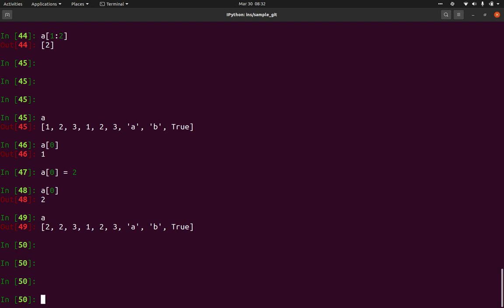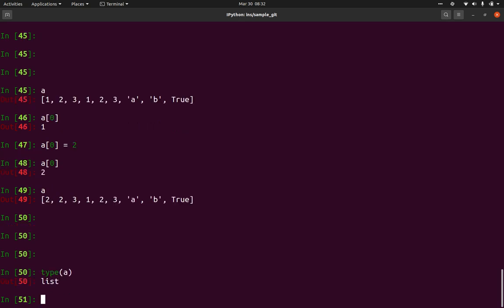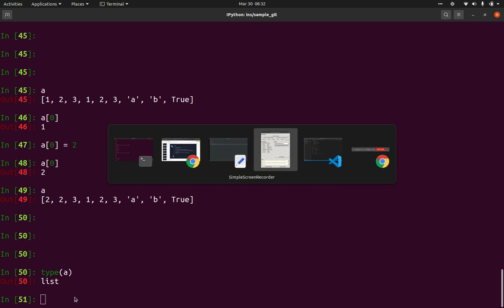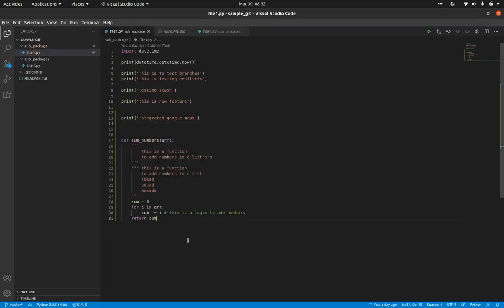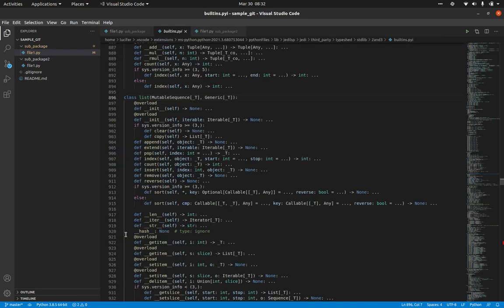As I said, this particular list is a list class. Each class has its own set of methods. So let me try to open this if possible. You can see this is a list class.